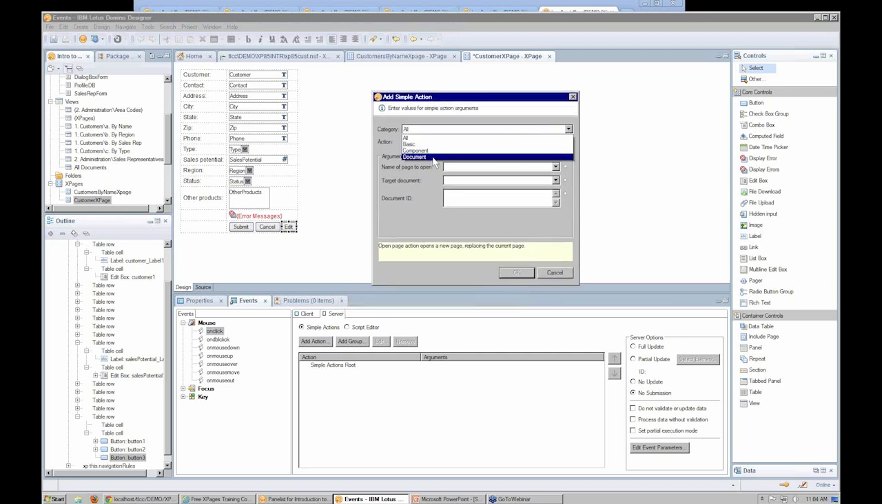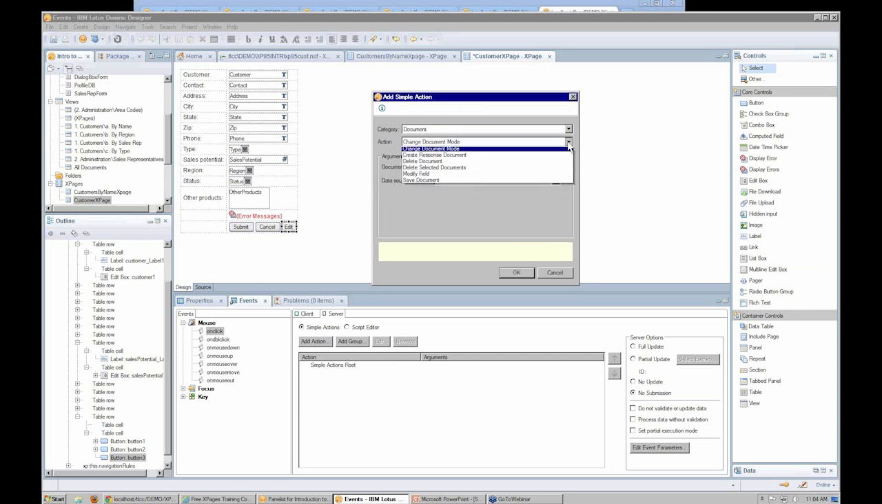So you have a number of document type simple actions. There are basic actions to open a page. There are document actions, things like,